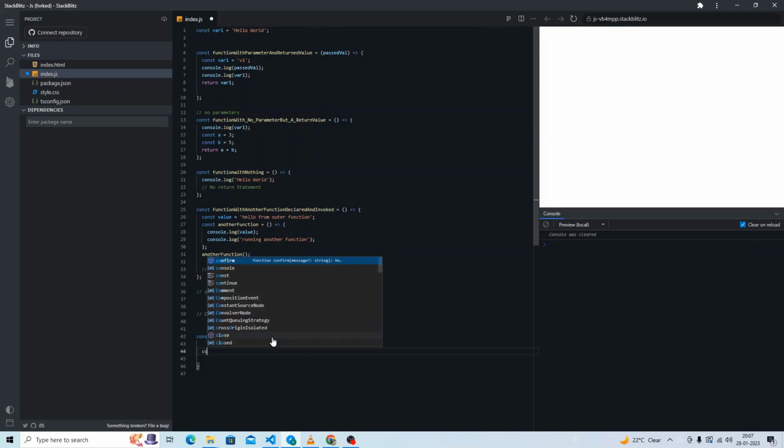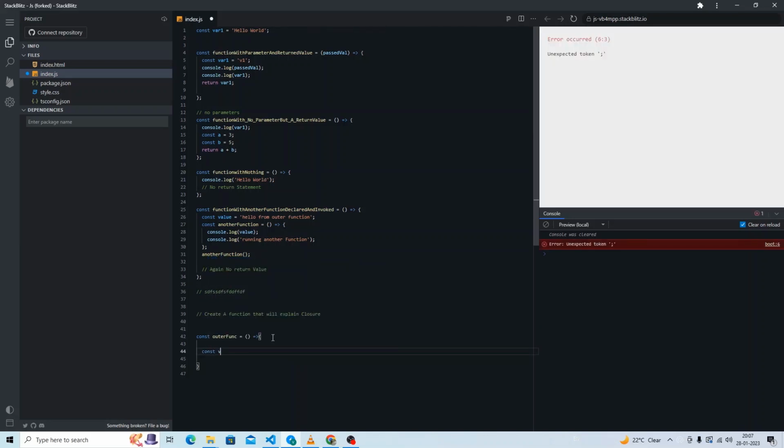We will also create a variable, and that will be like count is equal to 0. We will create a function. So you see the pattern is quite similar, right? We create a variable, we create a function. This will be inner, and here